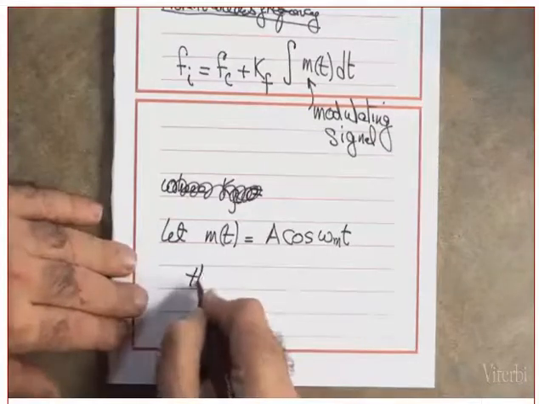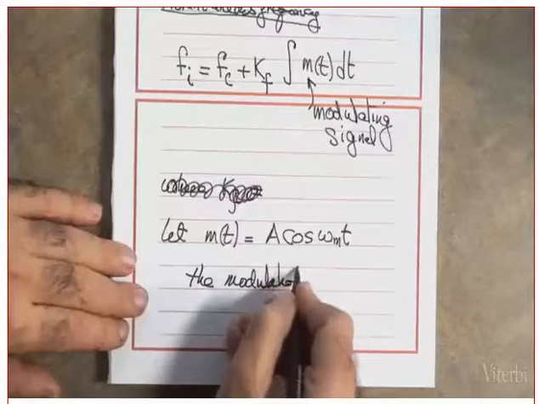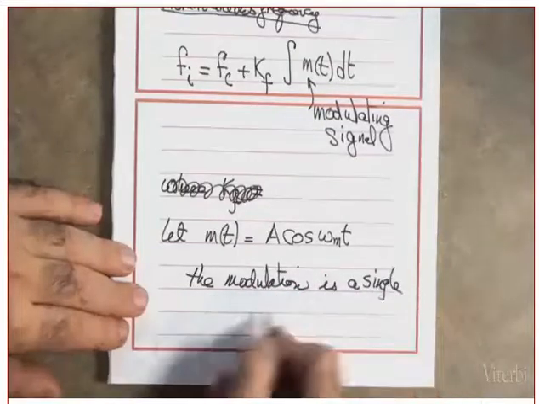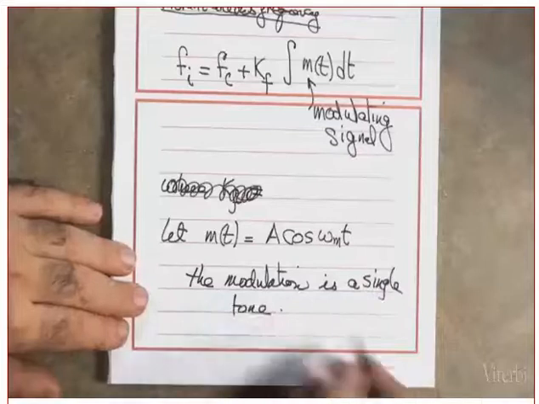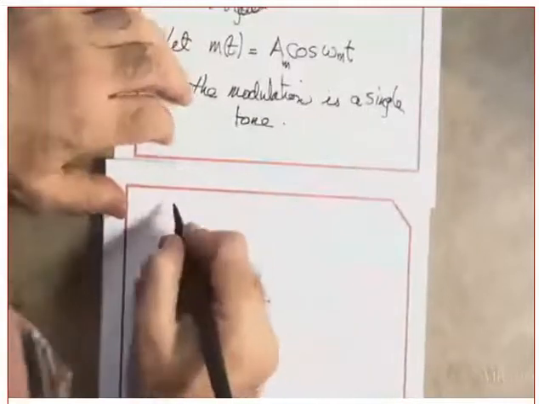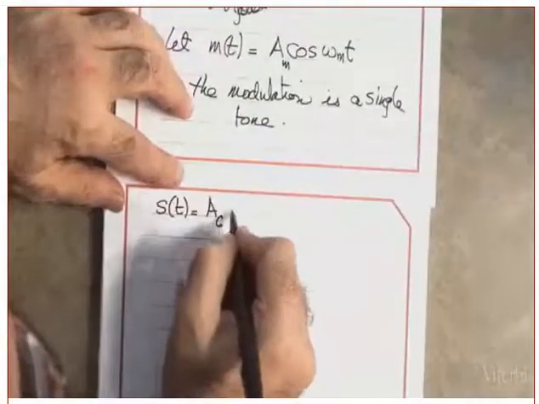The modulation is what? This is A sub m. So what do I have? What do I have? s of t equals what? A_c